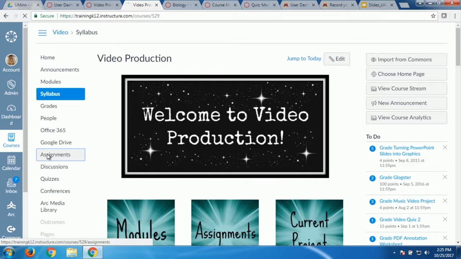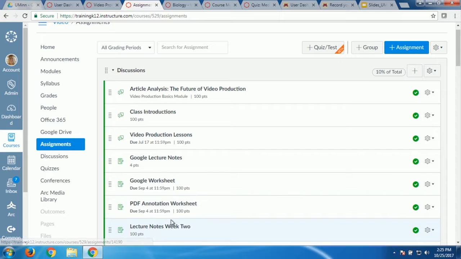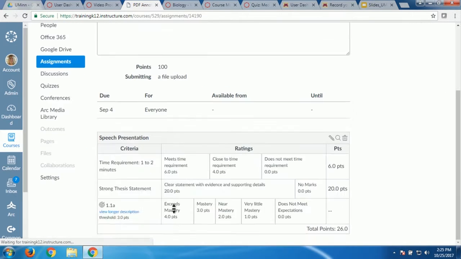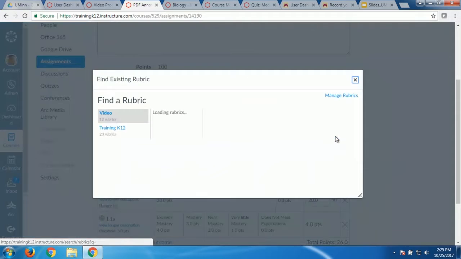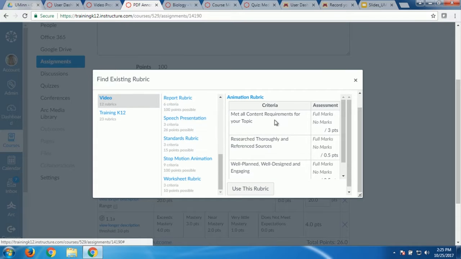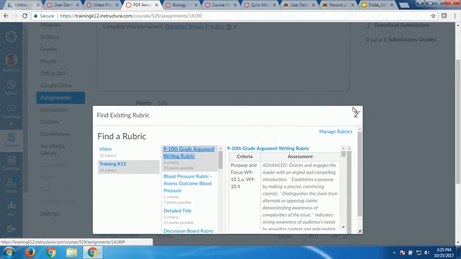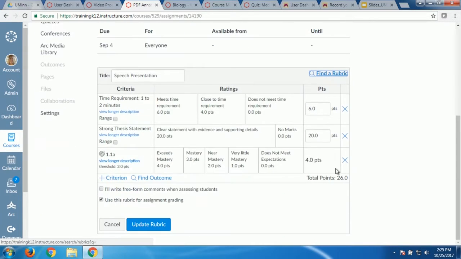So if I click Find a Rubric, there's none in this account, but if I go to my real account, I'll show you. I have tons of rubrics in here. Once you've been in Canvas a while, you'll have lots of rubrics. Here's an assignment. Let's go ahead and look at this rubric. All right, find a rubric. In my account where I already have stuff, I see all the rubrics I've already created here. So I could just pick one and have it. Or I can even see some from my whole account shared here. Like there's a writing rubric I could use from my account, a discussion board generic rubric that they shared with me. So you can have sharing done this way as well and find all your existing rubrics. Or you can just create one right here.